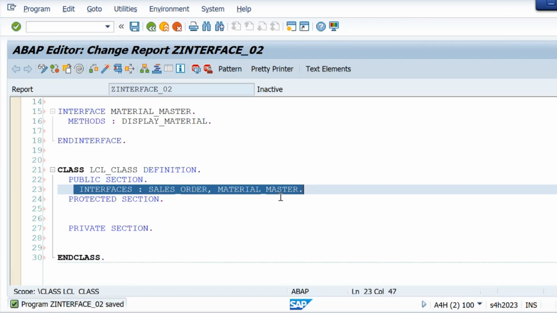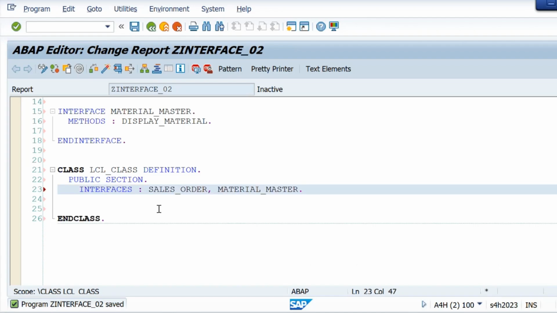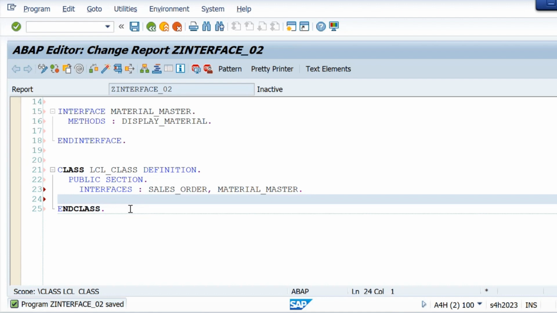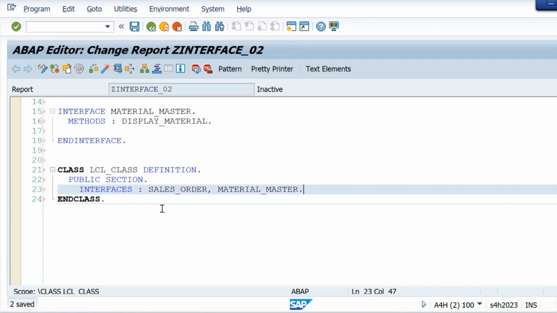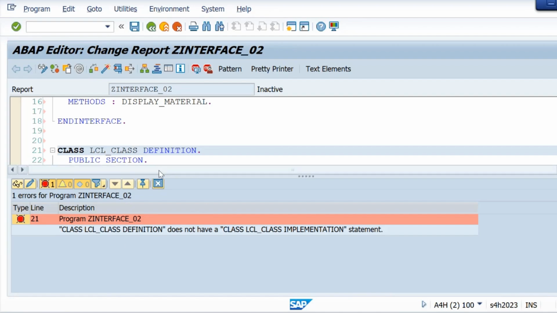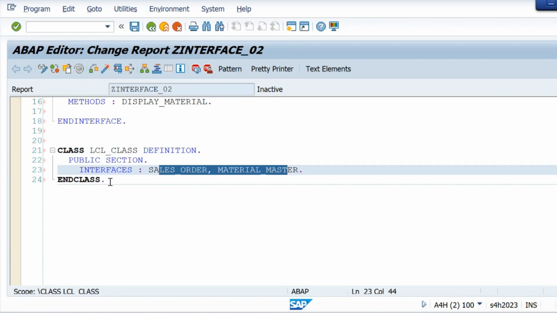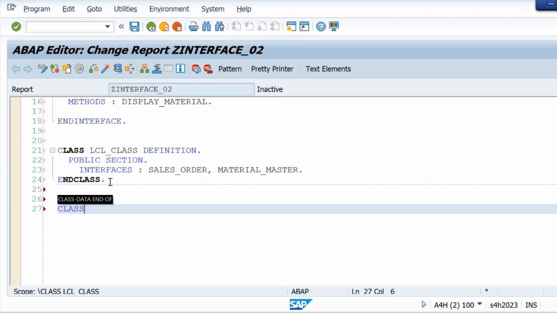Interface, I'm just using this one, right? Then we need to implement it, otherwise system will ask for it. There is no implementation because you have two methods inside them. Implementation is mandatory. So class, local class implementation,